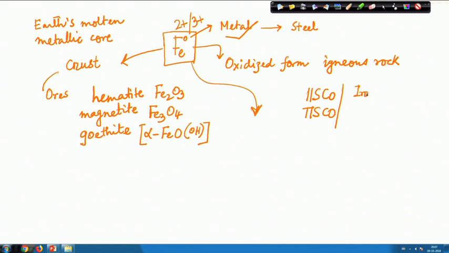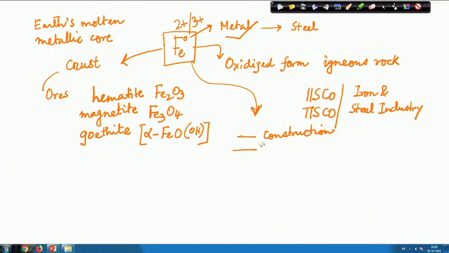So, they are present in the iron and steel industry. In this particular course, we will not consider all of these things, because of the limited use of all these materials nowadays. We are slowly moving to get some new materials for making new applications. But the iron and steel industry is still useful for construction.